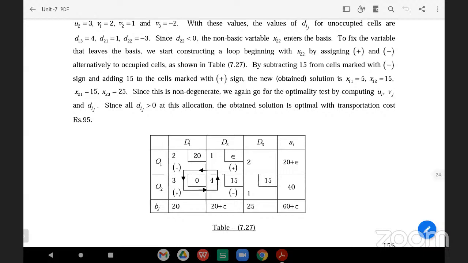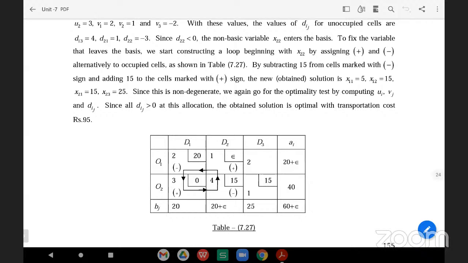Here, what does degeneration mean? In a transportation problem, m plus n minus 1 allocations are required for the optimal solution. If we do not have m plus n minus 1 allocations, then at that time,